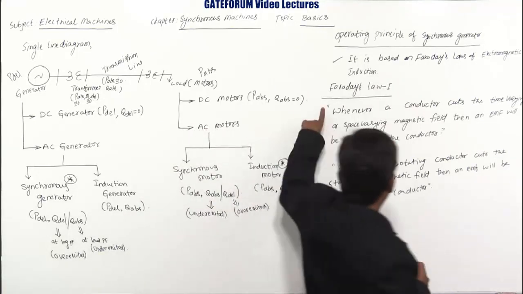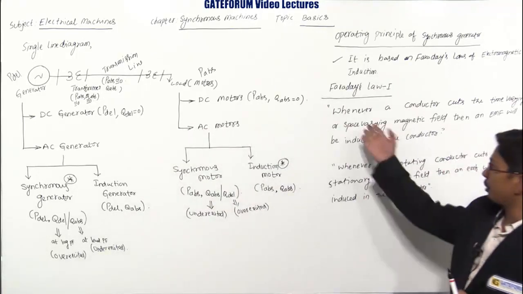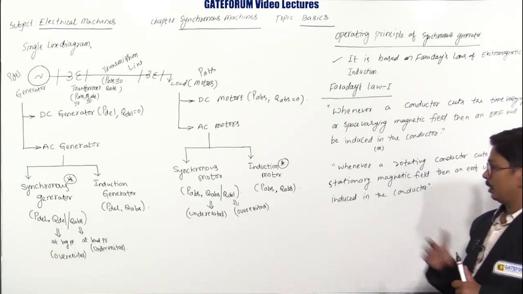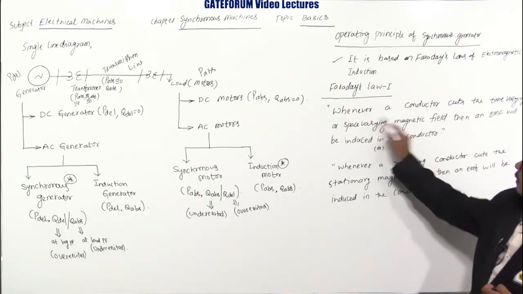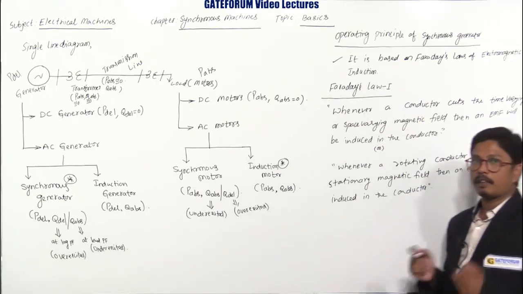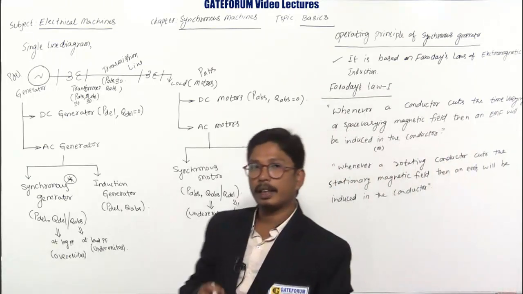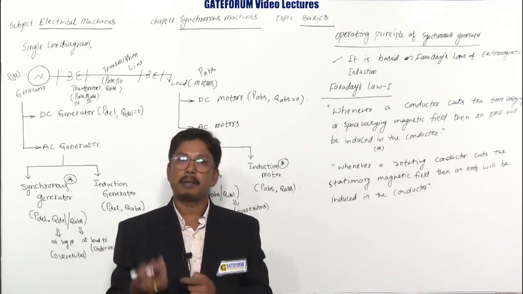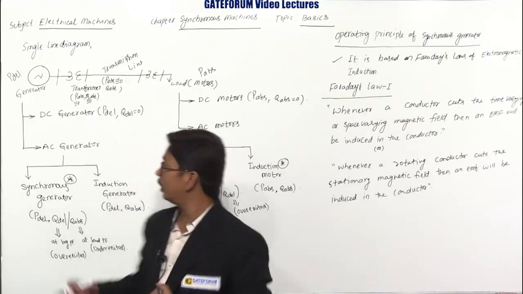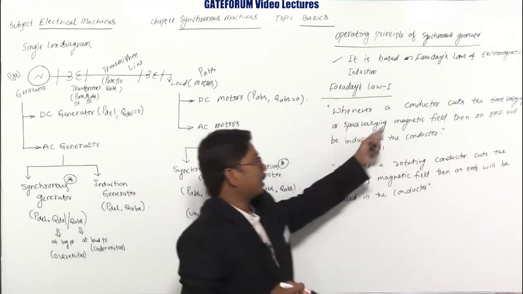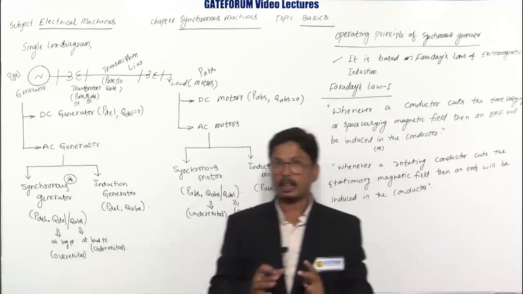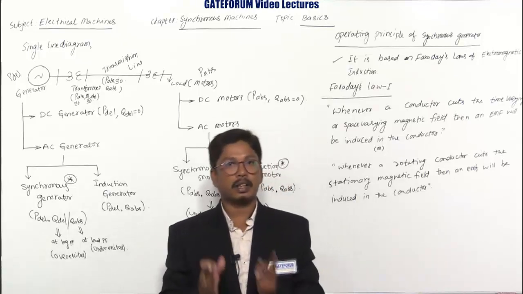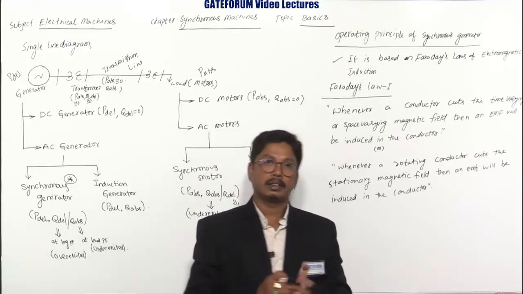This principle is particularly used in the AC machines, that is, in the induction machines and the synchronous machines, and this principle is particularly used in the DC machines. And in this one, whenever a conductor cuts the time varying magnetic field, time varying means it is not rotating here, it is varying with respect to time, that is an alternating magnetic field, and the conductor is stationary, the field is also stationary but varying with respect to time. That is used in the transformer, right? So whenever a conductor cuts the time varying magnetic field, an EMF will be induced in the conductor, and that is used in the transformer. Whenever a conductor cuts the space varying magnetic field, an EMF will be induced in the conductor, and that is used in the induction machines and the synchronous machines.